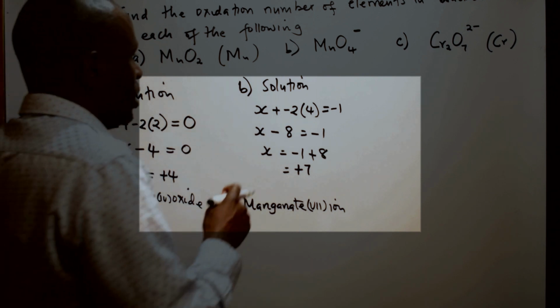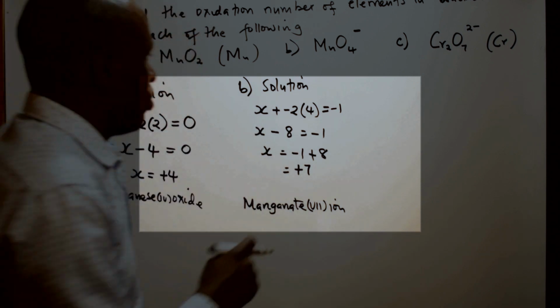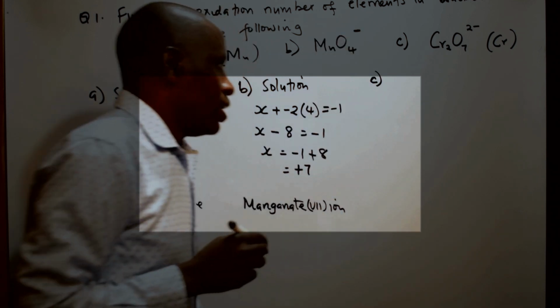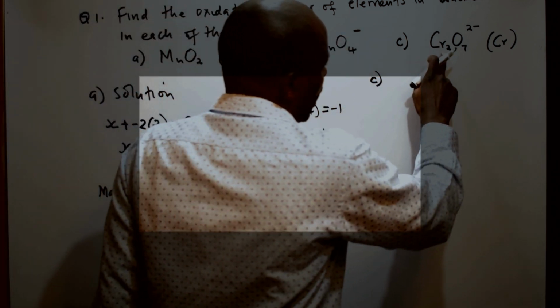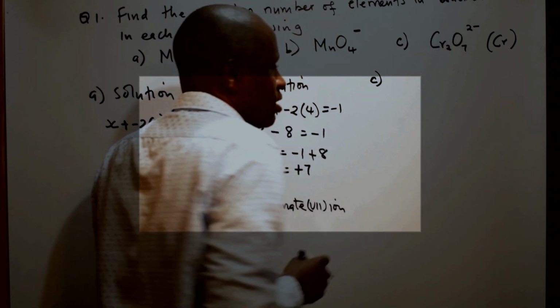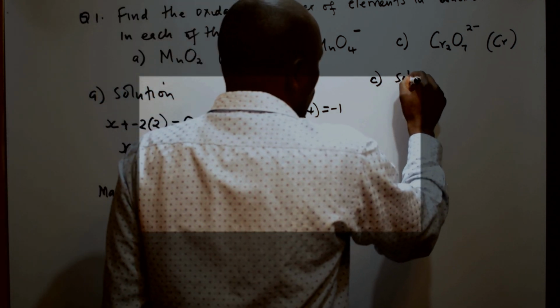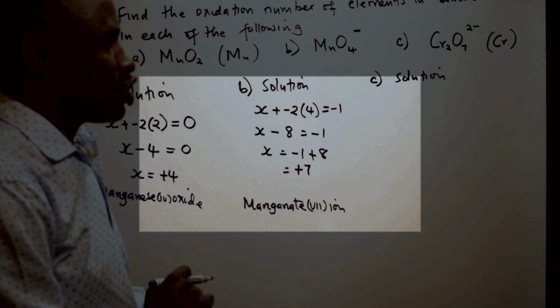Now, the last one here, or maybe it could be almost the same as this one, we are going to have our compound actually made up of 2 chromiums and 7 oxygen there. Now again, we think about the solution for this. We look at the solution for this,